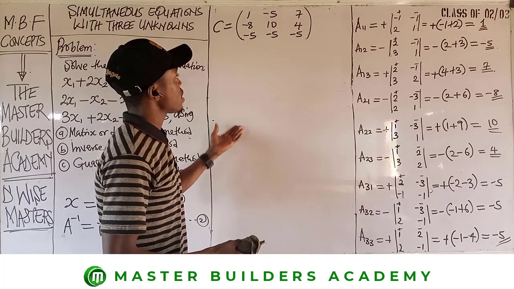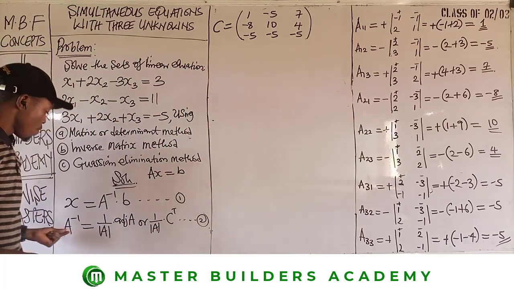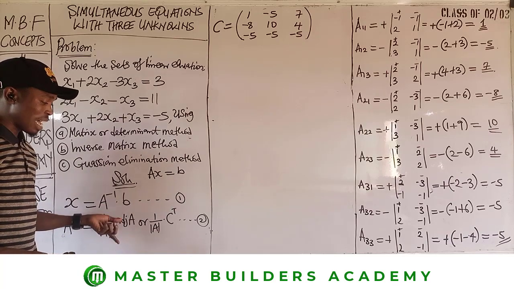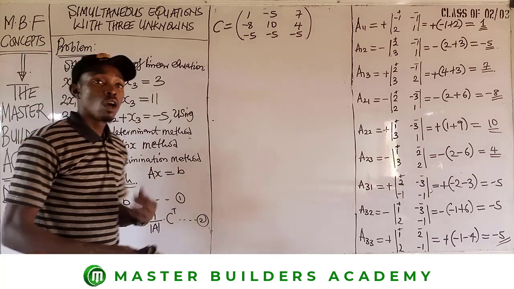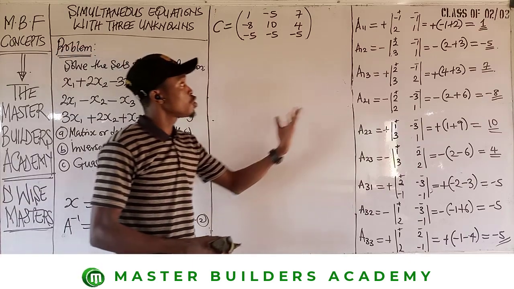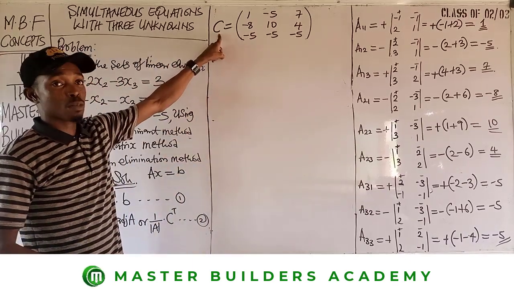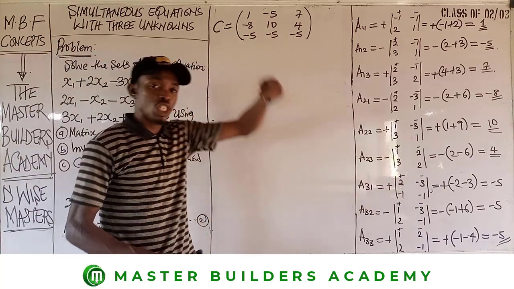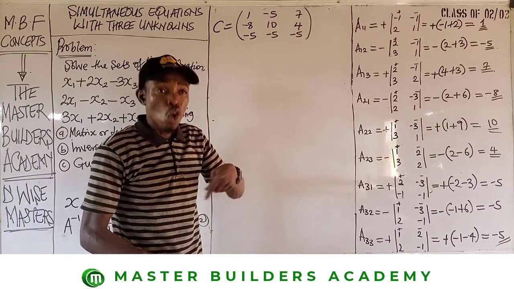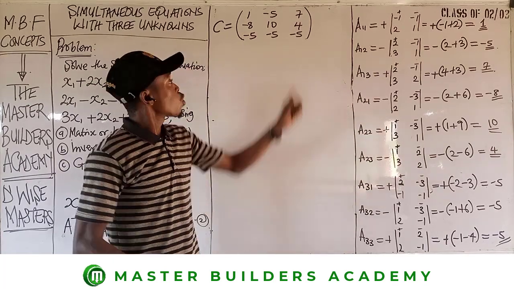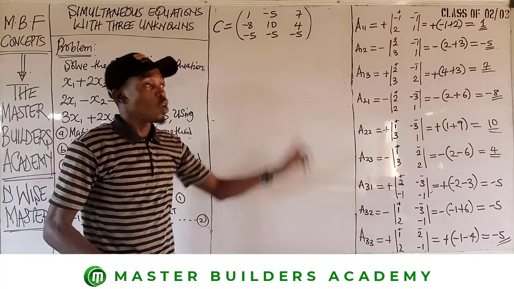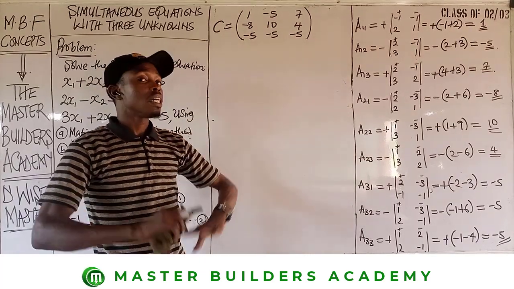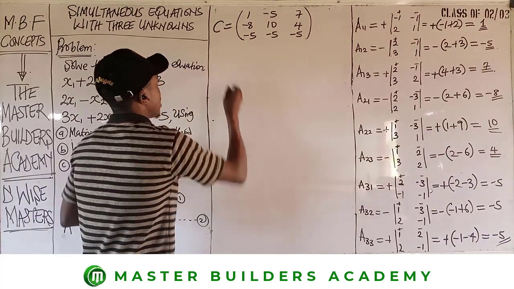Now, in order to get the cofactor transpose, remember, for us to be able to find the inverse of this matrix, this is the formula. So we need to find our adjoint, which is the same thing as the transpose of the cofactor. So guys, what do you do to get C transpose from the cofactor? It's very, very simple. All we need to do is to switch the columns to rows or the rows to columns. So row 1 will become column 1, row 2 will become column 2, and then row 3 will become column 3. This is your adjoint. So therefore, we have that the adjoint